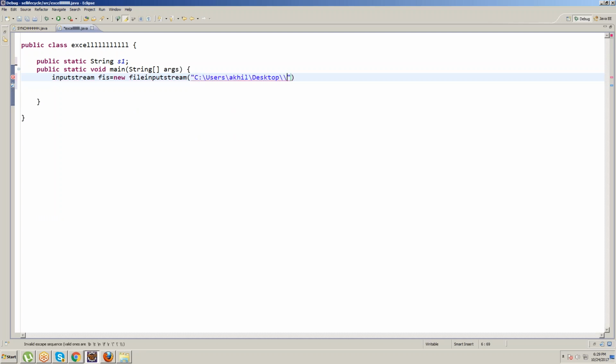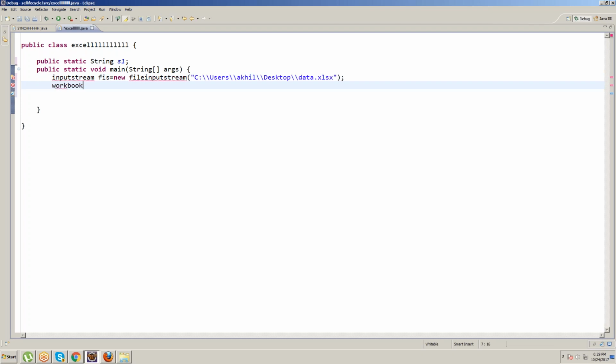Up to desktop we got the file information, and after that data.XLSX. Already I told you we should compulsorily use double slash. Yesterday I told you if you want to work with the Excel sheet, compulsorily we should use